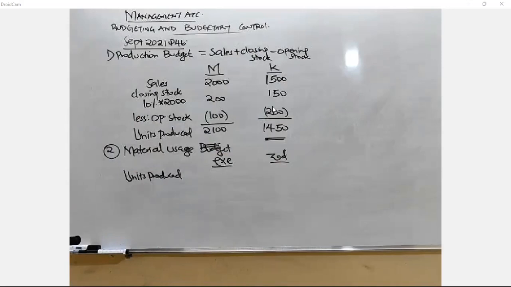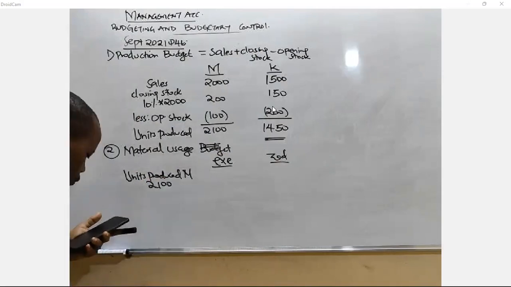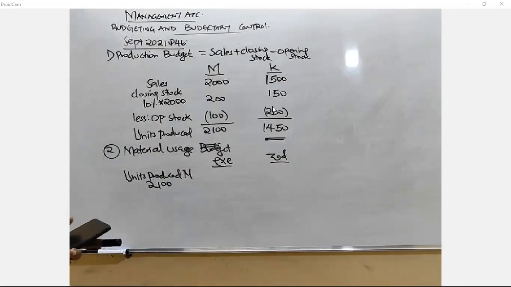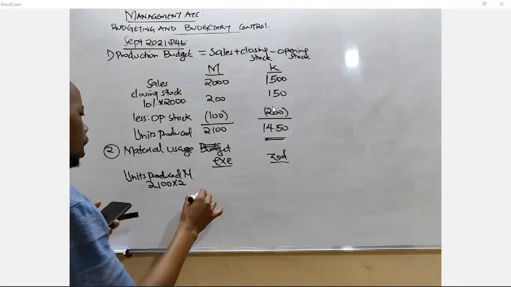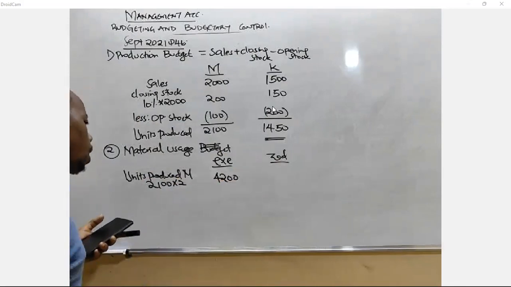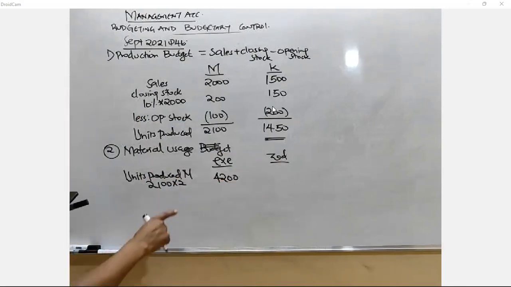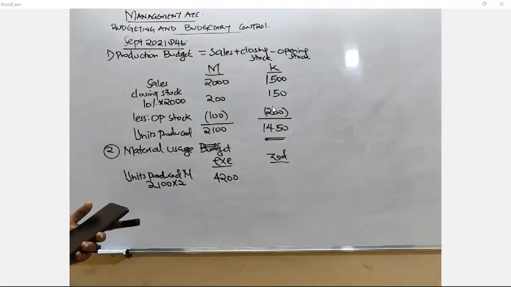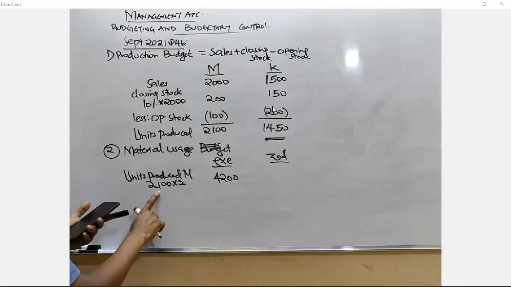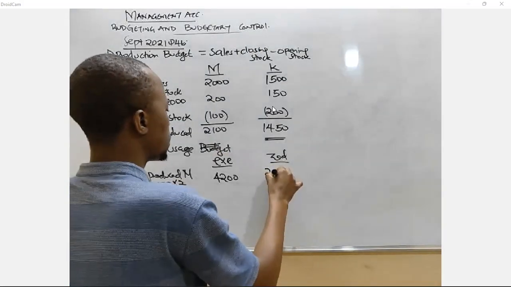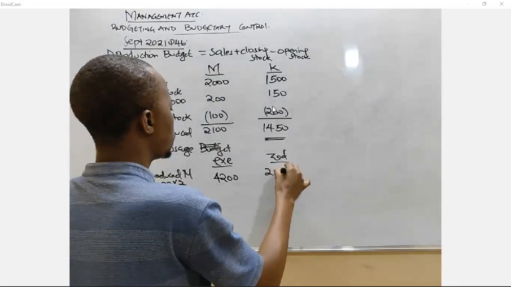So we are using M and K, right? Let us start with M. The number of units required is 2,100. So 2,100, when you look at the number of kgs per unit, is 2. So here I multiply by 2. I put here 4,200, because 1 unit requires 2 kgs for X. And then I can see it requires 1 liter to make 1 unit for Z. So in this case, we take 2,100 times 1, getting 2,100. You are done with M. And let's go to K.